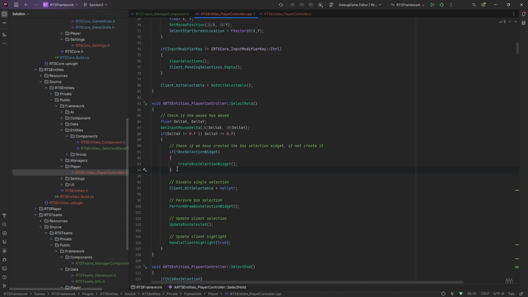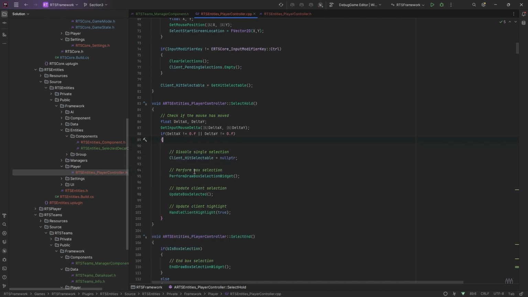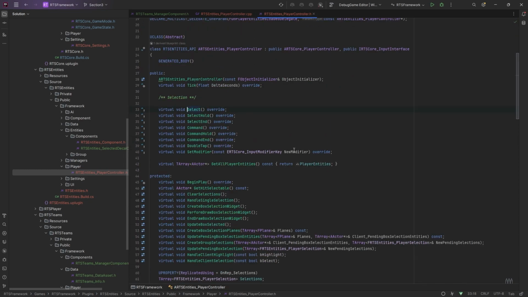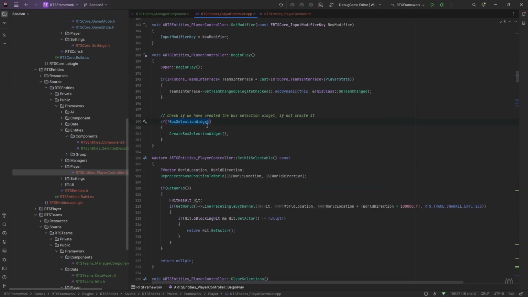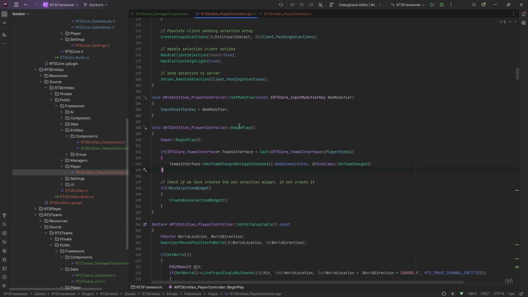So what I'm going to do is take this out of here and put it in begin play. It was trying to set the material on something and it was null, so it just wasn't doing it. So if we don't have a box selection widget, we'll create it. And then it should be good to go when we go to set